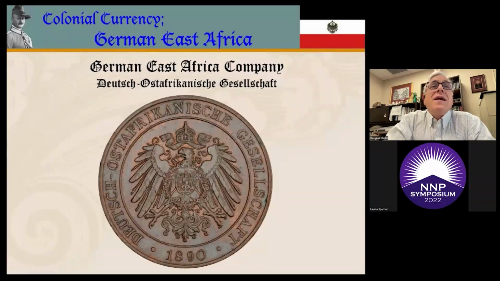So in April 1888, the company leased the coastal strip opposite Zanzibar from the Sultan of Zanzibar for 50 years. Its attempt to take over the administration of the area, however, led to a general revolt along the coast of what is now Tanzania. The company could only hold Dar es Salaam and Bagamoyo, the two major cities of the time, with the help of the German Navy. In 1889, it had to request the direct assistance of the German government to put down the rebellion, which was largely the result of their own mismanagement and the brutal treatment of the natives, though they had successfully abolished slavery throughout the colony.